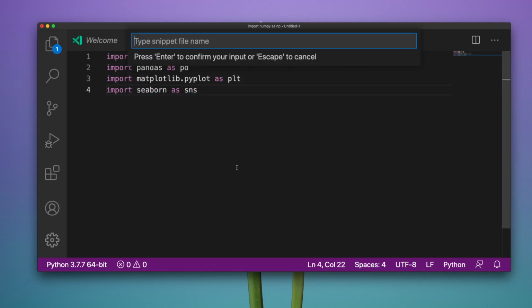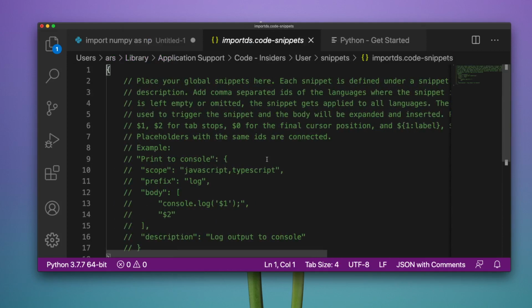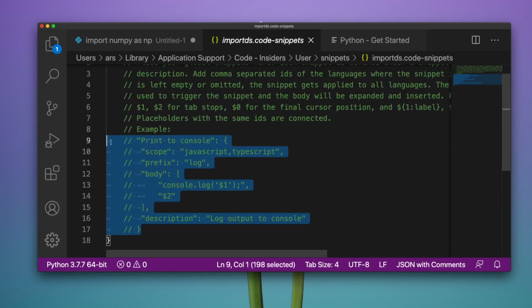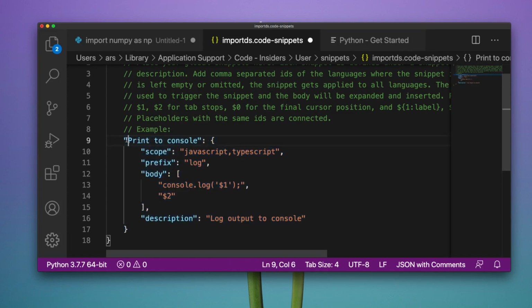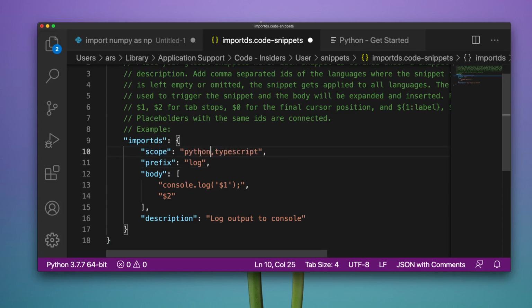And what are we going to call this snippet? I will probably call it import ds, and then enter. Once you enter it, you would see a screen like this, and this is where you have to enter the snippet. What we are going to do is first uncomment them. The way to uncomment them is Command+/, which will bulk uncomment them. This is the name of the snippet. In this case, I'm going to call it import ds, and then there is the scope, the language you want this snippet for. I want this particularly for Python and Jupyter. These are the two languages that I want this snippet for.